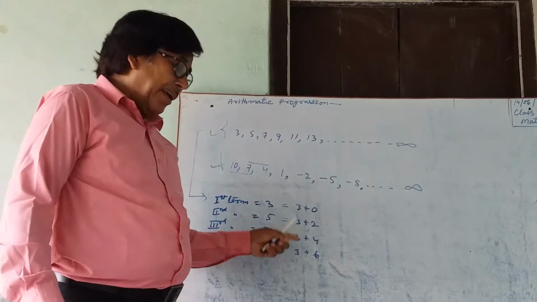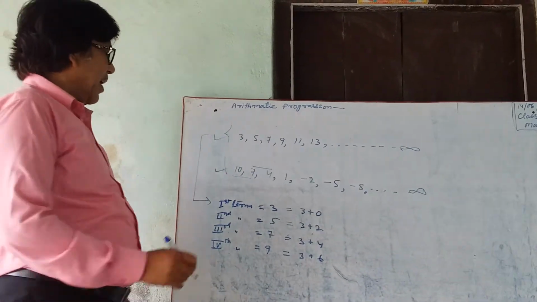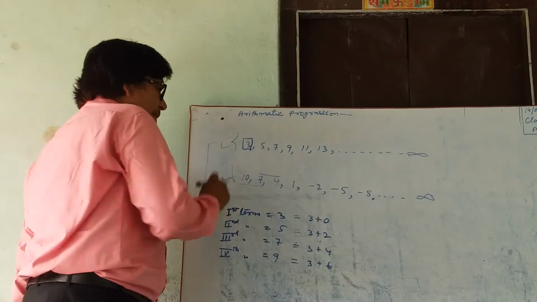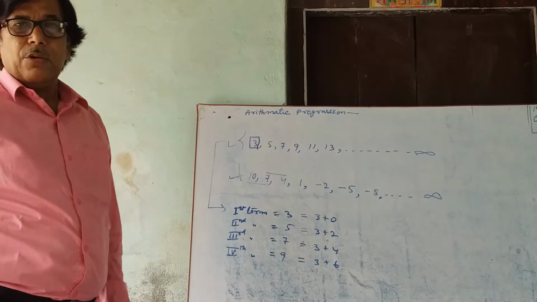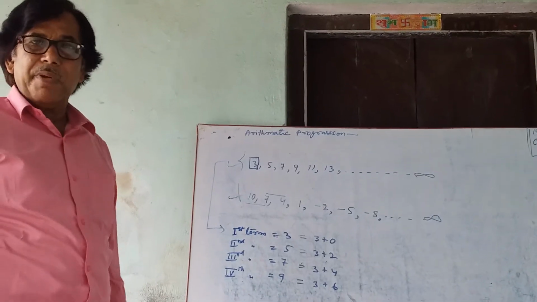Why have we always taken 3 in the first step? Because the first term is 3. And I want to establish a relation to find the nth term, means the fifth term, sixth term, any term,